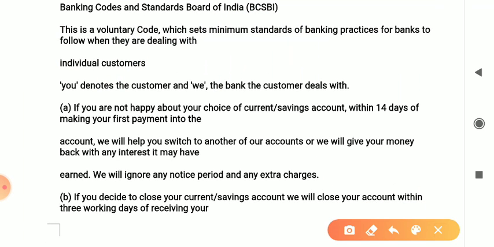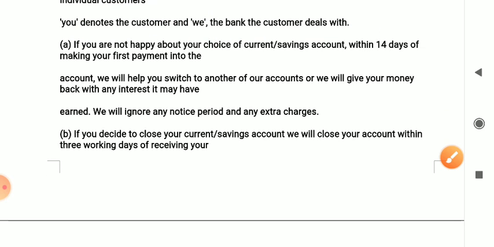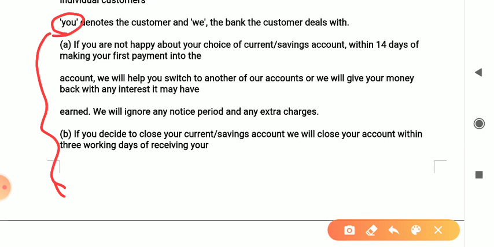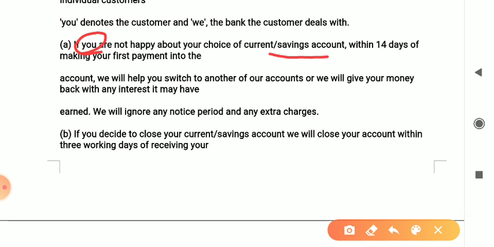Here "you" denotes the customer and "we" the banker. The customer deals with "we", the bank. Here, in the whole code, just remember "you" means the customer and "we" means the bank. If you are not happy about your choice of current account or savings account, within 14